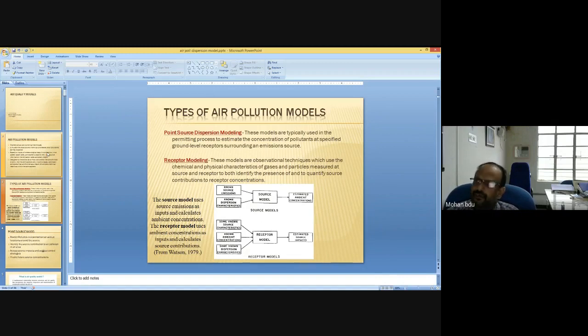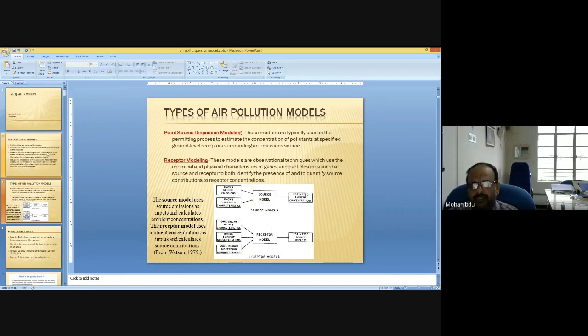So we have a known source, a stack, and the gaseous emissions from the stack are already determined. Then, based on these emission parameters plus the meteorological parameters, a mathematical equation is developed to model the concentration of a pollutant on the downwind side, in the plume that travels in the wind direction, the wind trajectory. In the trajectory we can model the locations and the pollutants,